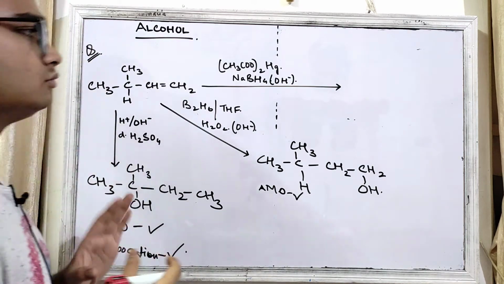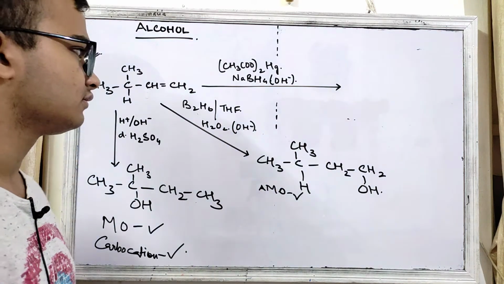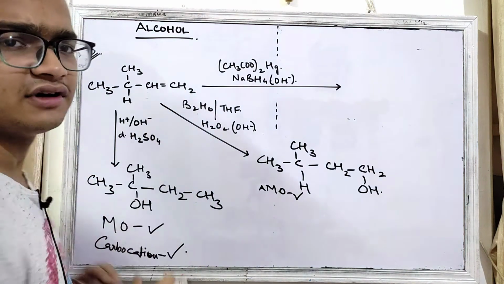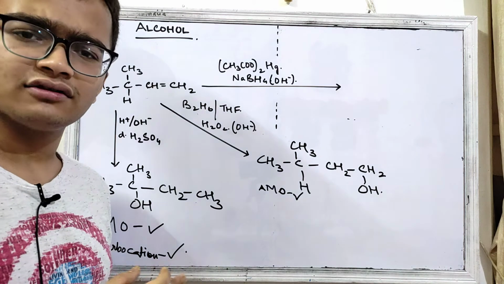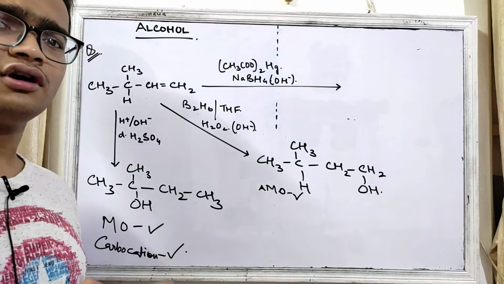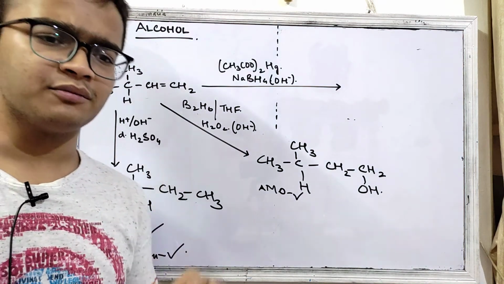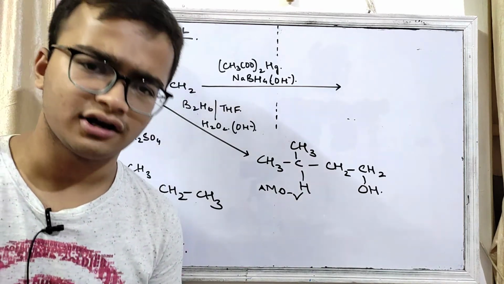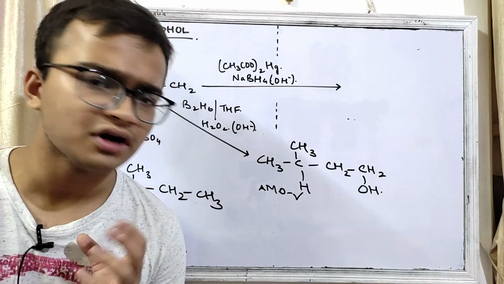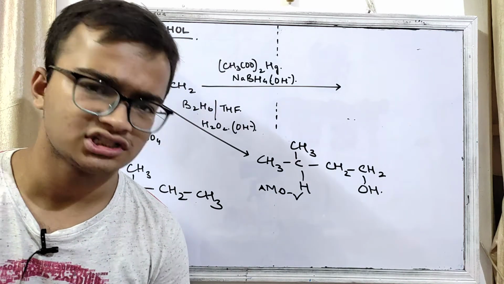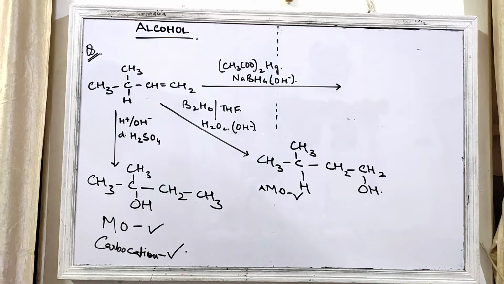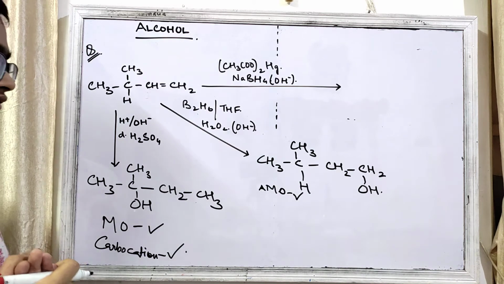Now, let us do the third case, or the last case. This is the oxymercuration demercuration. In this case also the Markovnikov rule is being followed, but if you remember, I mentioned while teaching you that there is no carbocation formation. Since there is no carbocation formation, there is no possibility of rearrangement. So where will the OH attack according to you? Now, the answer is like this: